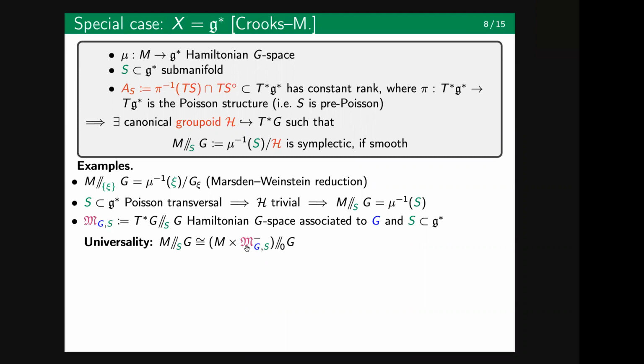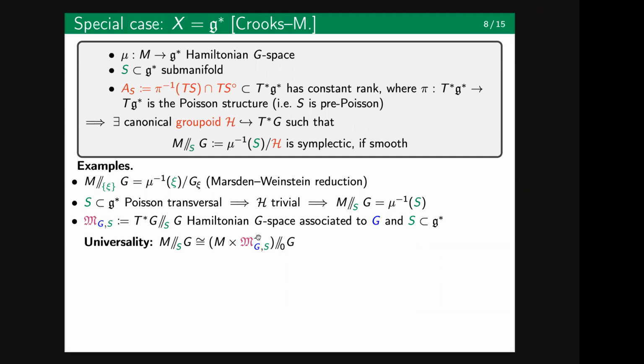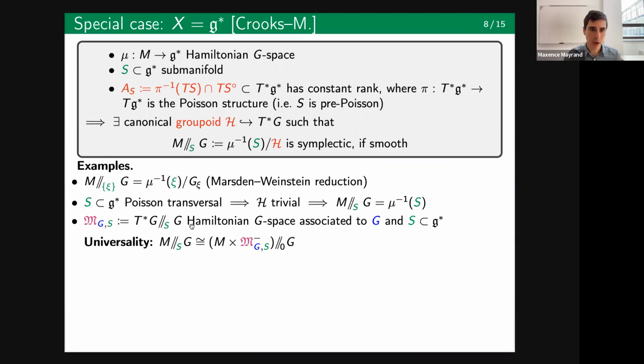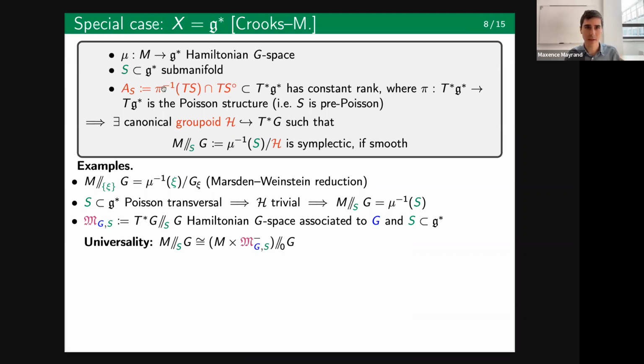Maxence? Yes. Just a question, this M minus, does it mean something? Yeah, opposite symplectic form. Oh, thank you. Yeah, it's like in the shifting trick. And the S in this construction can be any submanifold whatsoever? Pre-Poisson. Oh, you mean here? Yes, pre-Poisson submanifold. And you need the quotient to be smooth, so some non-degeneracy condition also. So S has to be pre-Poisson? Yes. Okay. Which just means that this bundle here has constant rank.